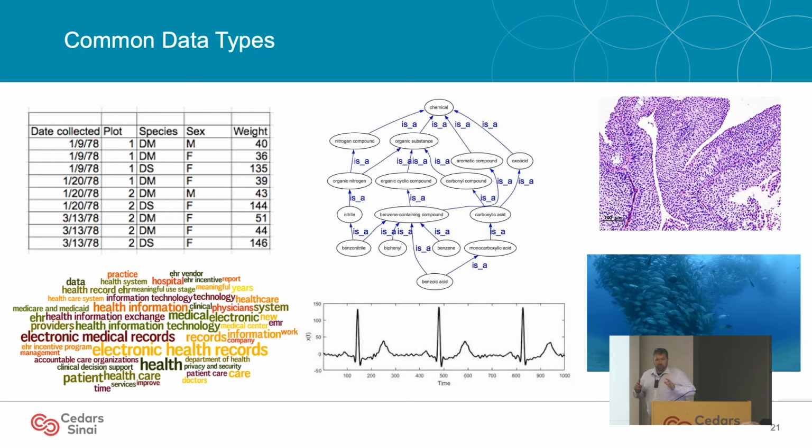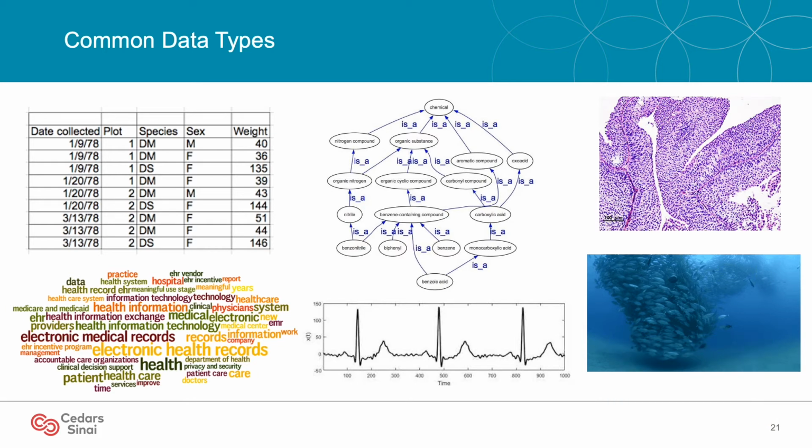Let's quickly review the most common types of data that we are dealing with in the biomedical domain. The one we are most familiar with and is the easiest to use with machine learning is tabular data, right? We have rows and columns of features and instances. You can also have networks, directed networks, or graphs that show the relationship between variables or information. You can have images, you can have video, you can have time series data, and you can have text.